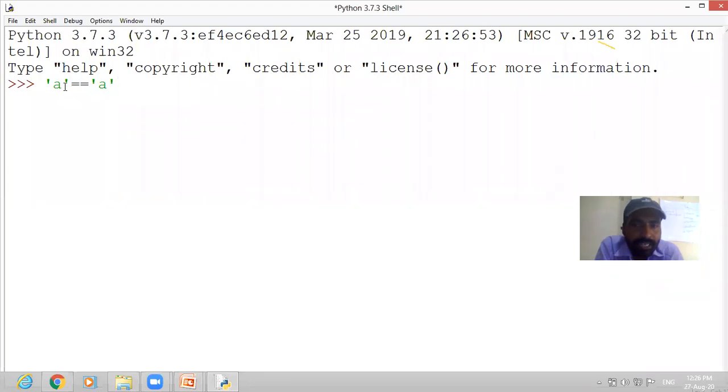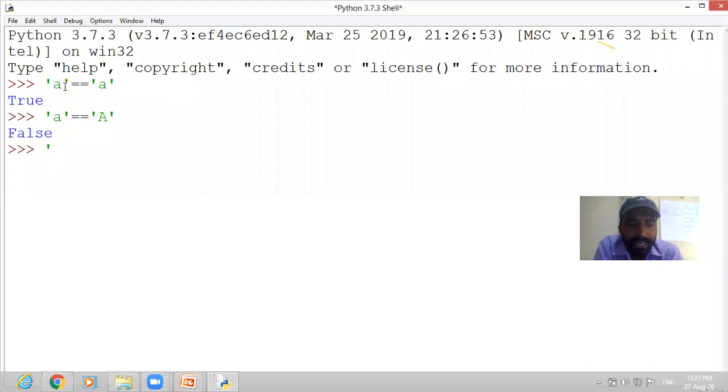Yes, sir. It will produce the result true. But if you compare small a equal to capital A, now what will happen? It will produce the result false. Can you see? The result is false because small a is not equal to capital A.